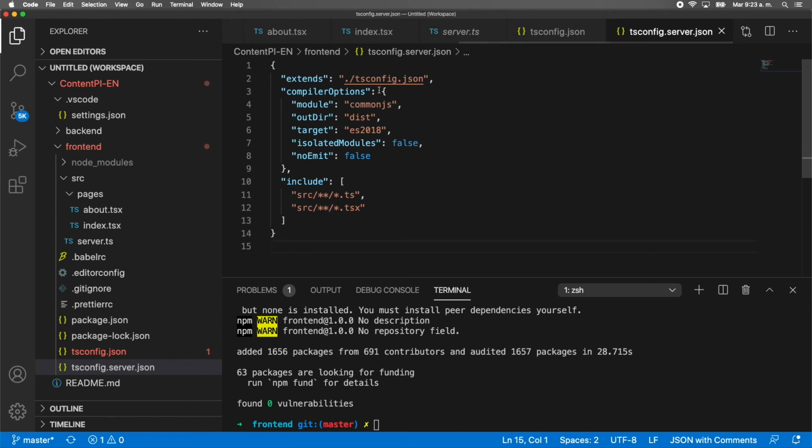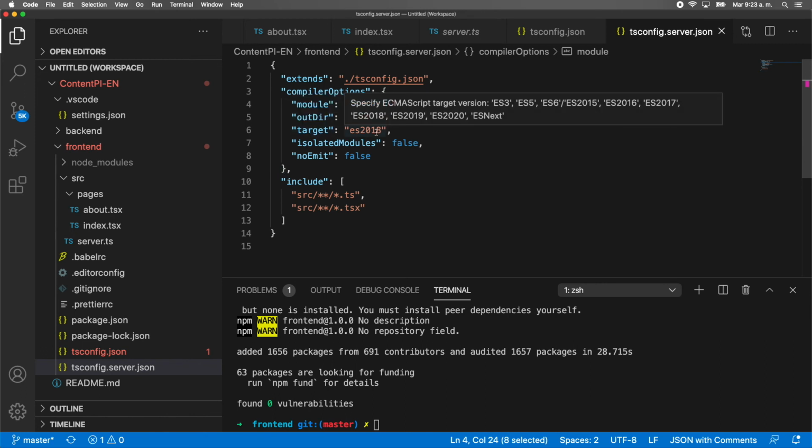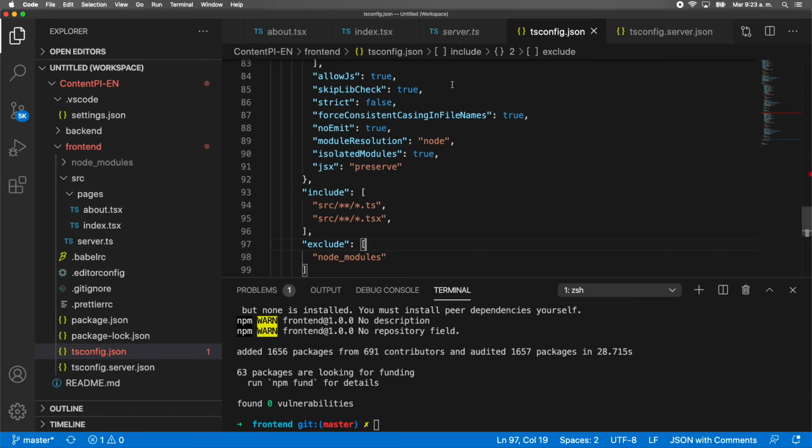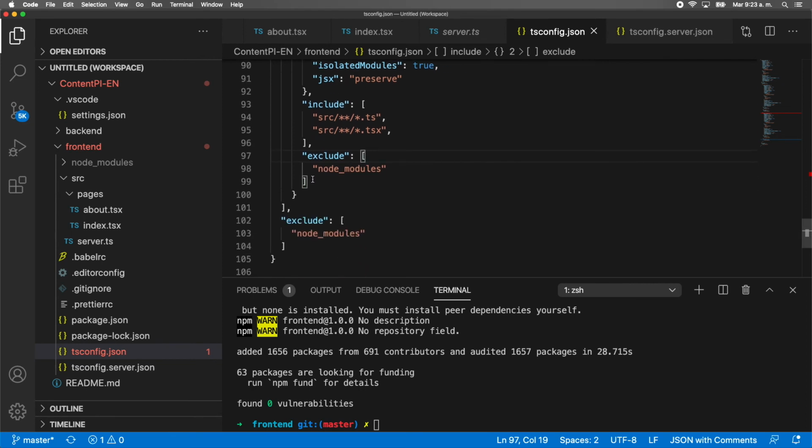Basically, this one is going to extend the tsconfig file that we have already, but it's going to change some stuff. For example, the module is going to be commonjs and the target is going to be ECMAScript 2018. And then it's going to include the TS and TSX. Also, we need to exclude,